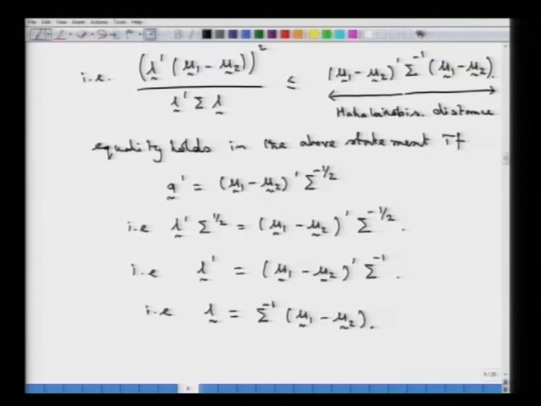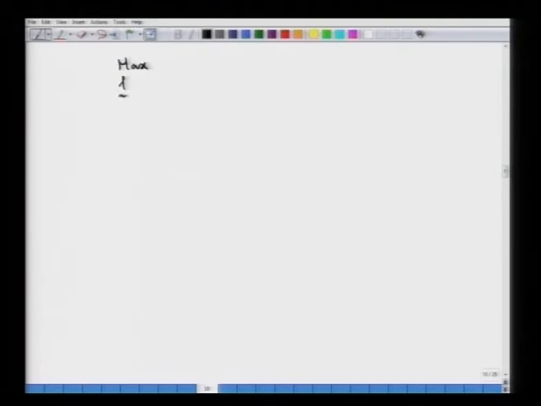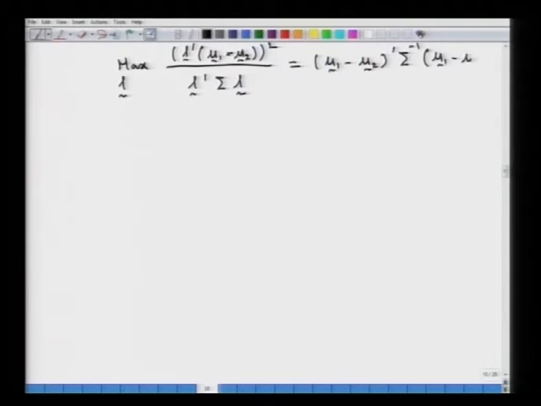Now, this is what is leading us to the Fisher linear discriminant function. So, we get, this is the L. Let me write one more step before we conclude. We were trying to find out the maximum distance. Let me write it here, that the maximum over L belonging to the appropriate dimension space of L prime mu 1 minus mu 2 whole squared, divided by L prime sigma L, the statistical distance between the two univariate populations. So, that is the Mahalanobis distance, which is mu 1 minus mu 2 prime sigma inverse into mu 1 minus mu 2, and this is achieved